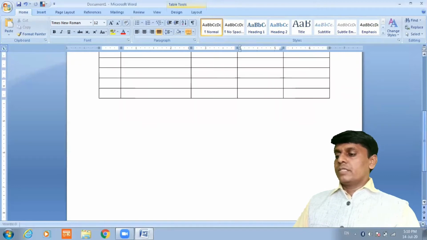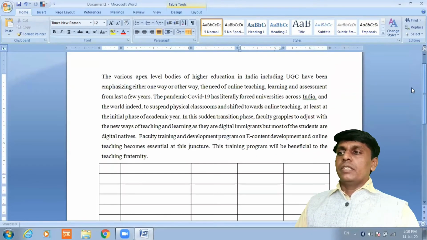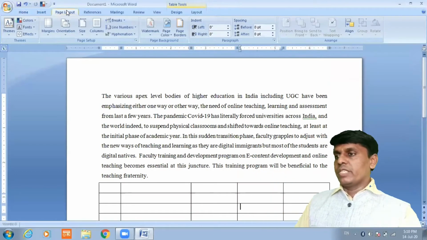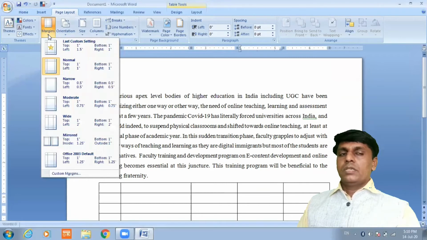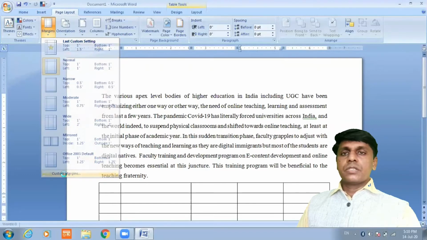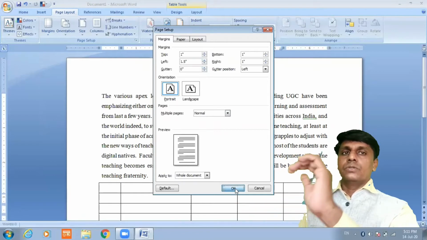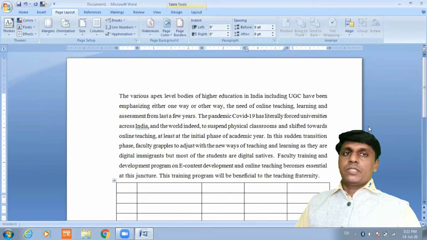Then after this, go to the next button, that is Page Layout. In Page Layout, some of the things are basic. First of them is the margin of the page. If you want to select from those which are already there, that is okay. If you don't want to, go to custom margin and select. For example, I will make a change here on the left side. I want to keep 1.5. It's necessary for my punching. So say okay. So you have selected the margin.